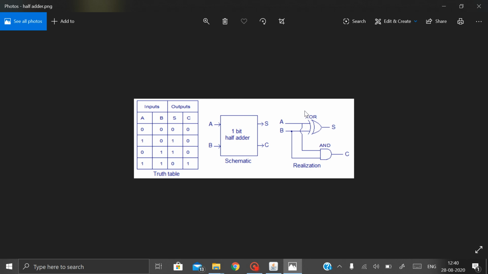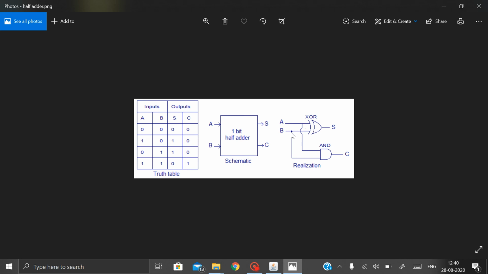So in this scenario of half adder, it adds two binary digits where the input bits are termed as augend and addend, and the result will be two outputs. Add means nothing but adding of two bits. Don't confuse what is meant by add. There will be two outputs, one is sum and the other is carry. To perform the sum operation, XOR is applied. As I told you, here this is the XOR gate, right? XOR is used to give the output sum, and AND gate is applied to both inputs to produce carry.